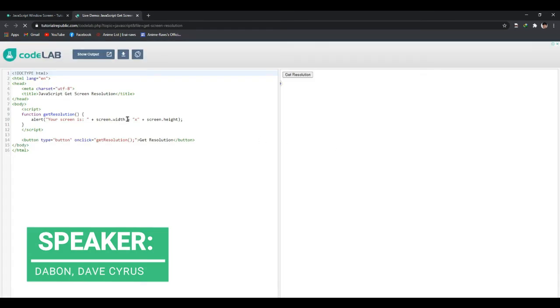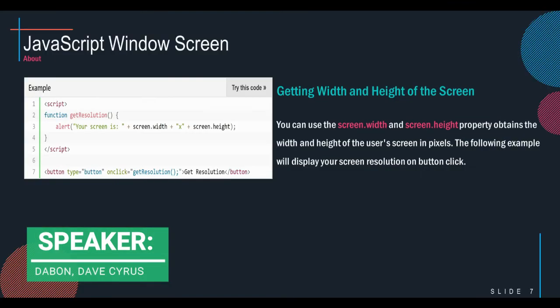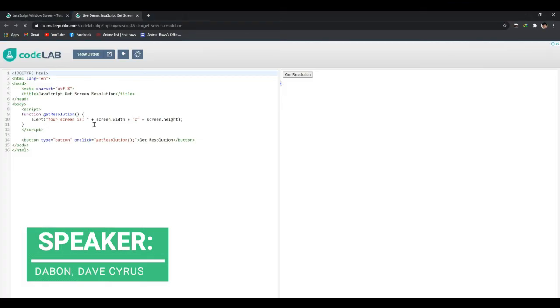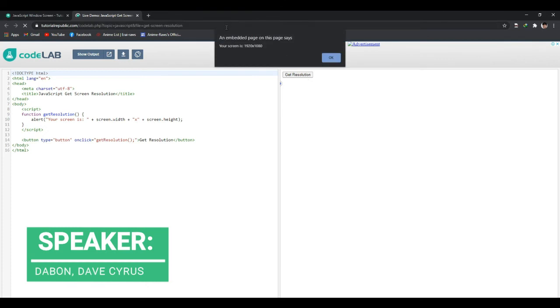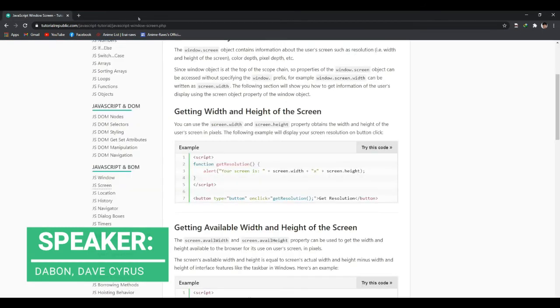So here is the body of the code, and this is what we're going to see in our browser. So if we click the get resolution, we're going to see this pop-up window said your screen is 1920 by 1080. So we get that from our code. So going back,